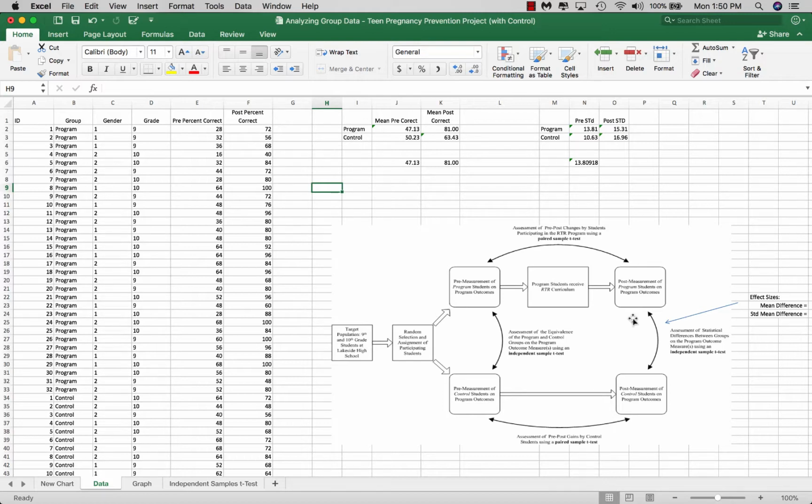And we do that using a statistical test called an independent samples t-test, and then out of the independent samples t-test, we compute something called an effect size. So let's take a look and see how we do that. It's pretty straightforward. Probably brings back some bad memories about statistical stuff, but hopefully not. I'm hoping that by the time you're done with this, you'll see some value in understanding at least a handful